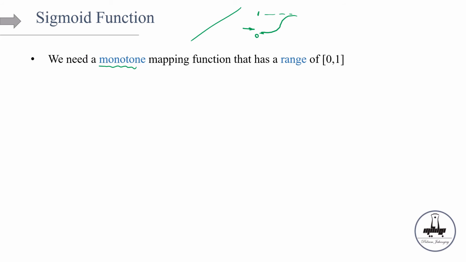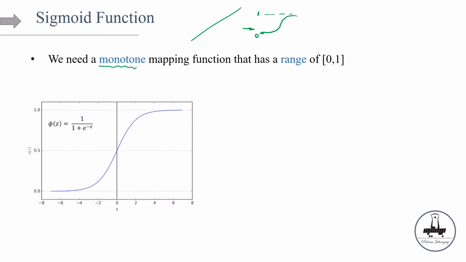So one of the better candidates out there is what we call the sigmoid function. The sigmoid function is defined as this: phi of z is equal to 1 divided by 1 plus e to the power of minus z, and it has all the characteristics that we need. Let's check it out. First of all, if I send this z to plus infinity, then what will happen to phi of z? The phi of z is going to be equal to 1 divided by 1 plus e to the power of minus infinity. So this is going to converge to 1 divided by 1 plus 0, right? So it's 1. So as z goes to plus infinity, the range converges